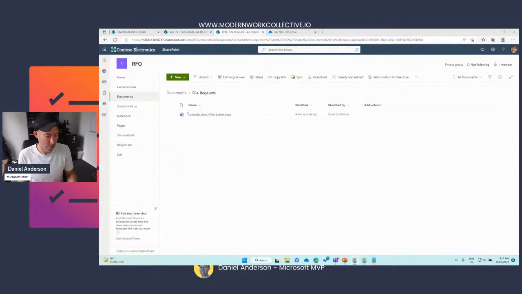Okay, so what I'm going to do now is I'm just on my phone. So I am going to use my mobile phone now, open up the request on my phone. It's going to open up in the browser. Okay, so it's opening up in the browser, and we can see